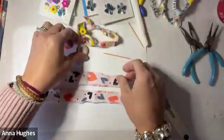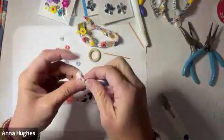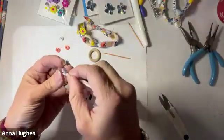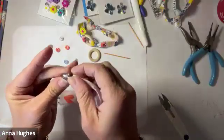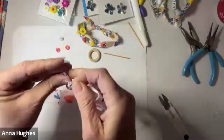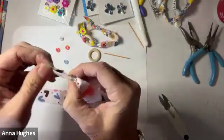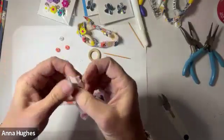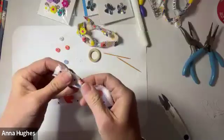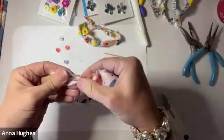So what I'm gonna do is I'm gonna take my fabric, and then I'm gonna roll kind of one end, and then I'm going to push it inside or really thread it onto a pony bead. And just rolling it makes it easier to push it through. If you need help, use your little toothpick to push it in there. Okay, so that it looks like this. Now you don't want to go very far. I mean, you can go a little bit,